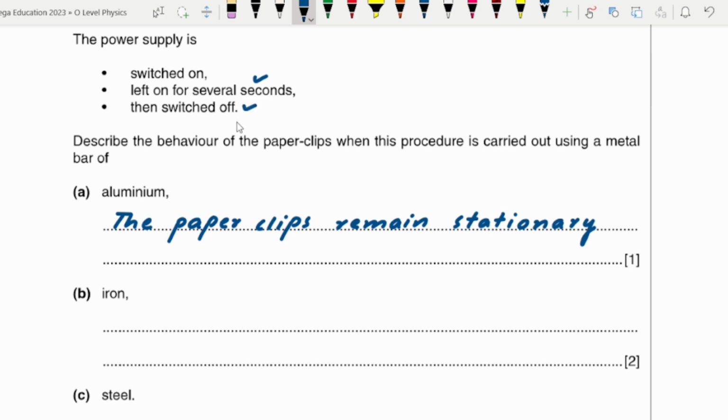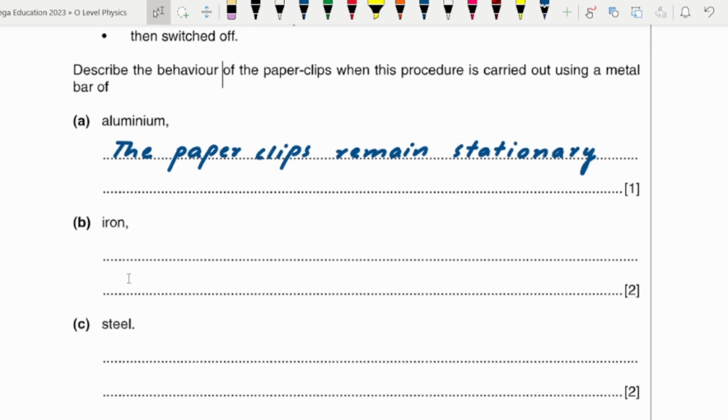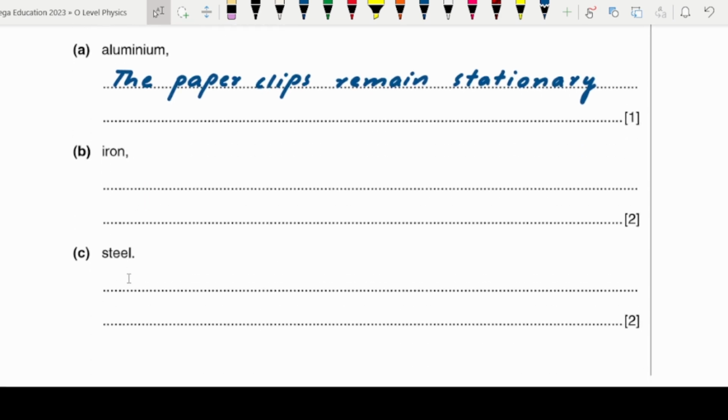And for the third point, when you switch it off, the magnetic field in the iron bar vanishes and it would be demagnetized and the paper clips would fall down. Because iron is a soft magnetic material, it magnetizes quickly, but at the same time it demagnetizes quickly as well. So what we write is paper clips are lifted up to the rod